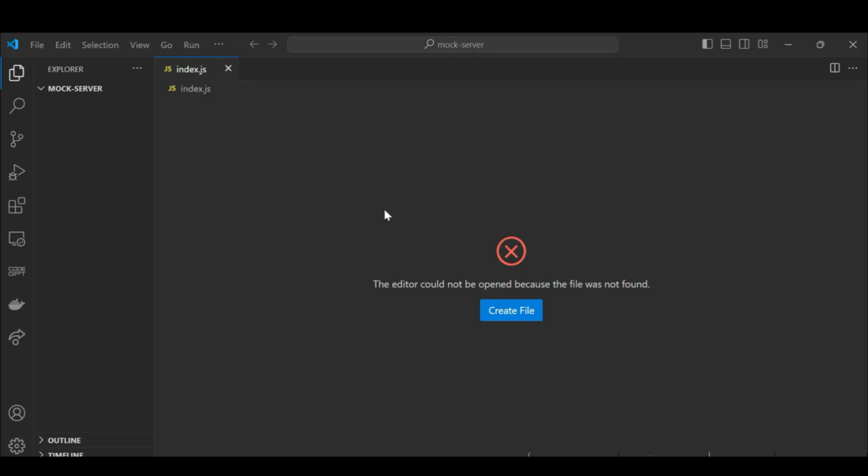Mock server provides dummy APIs. Sometimes we may face a situation when we don't have a real API. In that situation, we can create a mock server and we can create some dummy APIs that we can consume in our front-end application. So in this video, I will demonstrate how we can create a simple mock server